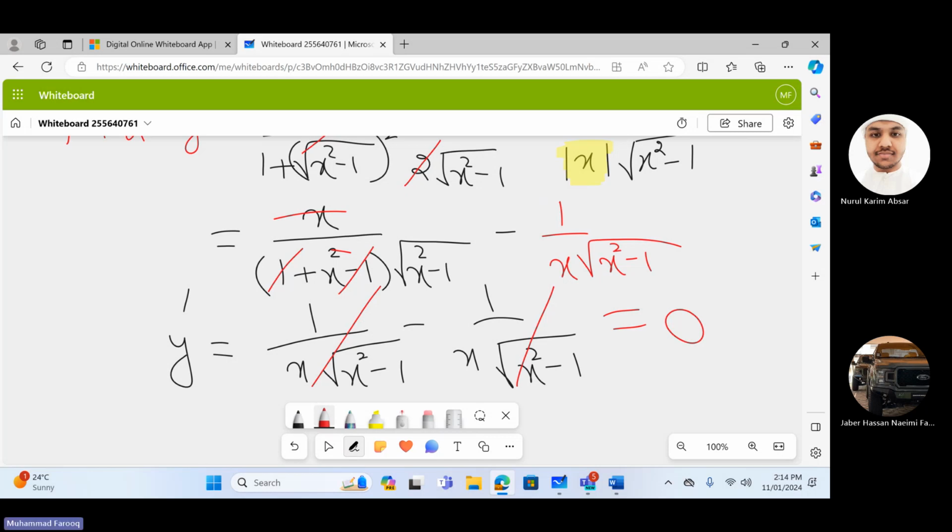Y prime is 0. What does it mean? What does it mean graphically? There is no gradient. Horizontal what? The slope isn't changing. Y prime 0 means we have a horizontal tangent line,